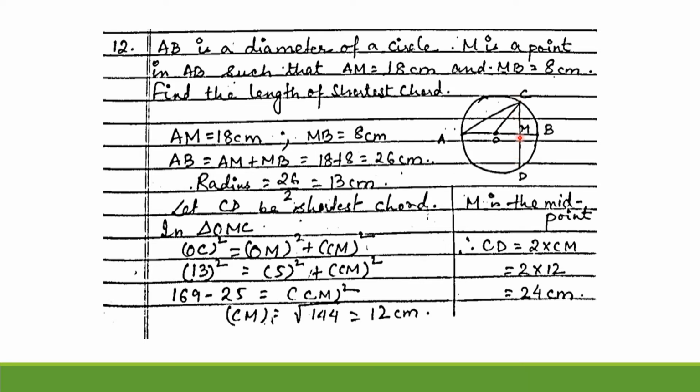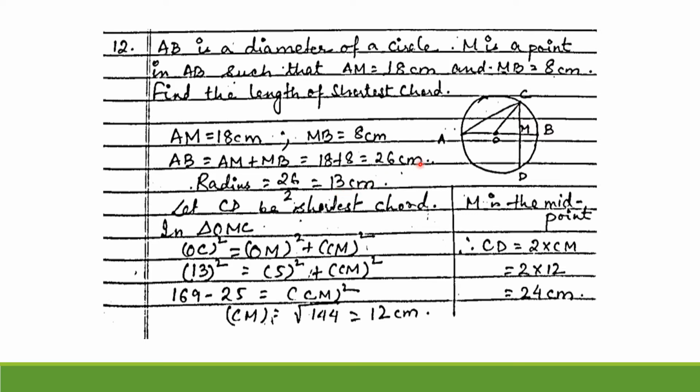If you see the point M, it bisects the chord, and OM is the distance between the center and the chord. Now we have the total length AO to be 18 centimeter, and the radius is 13 centimeter. If I subtract the 13 centimeter of the radius here, we get the length of OM, which is equal to 5 centimeter. So your distance between the chord and the center is 5 centimeter, and we also know that the radius of the circle we have just calculated is 13 centimeter.